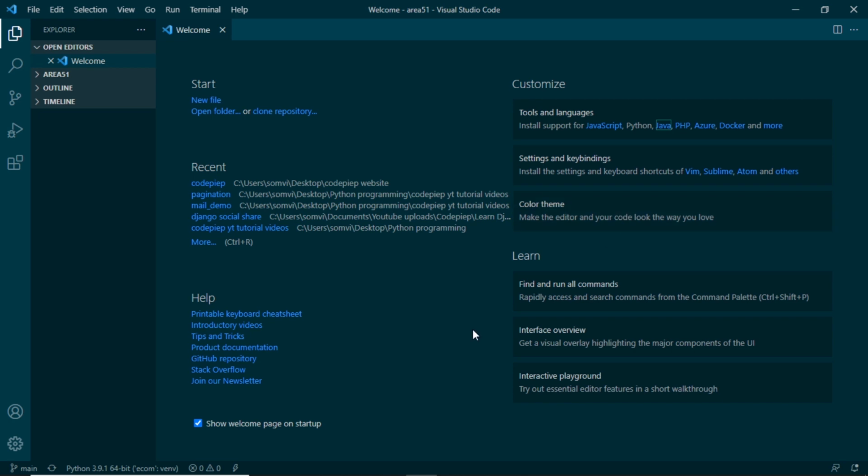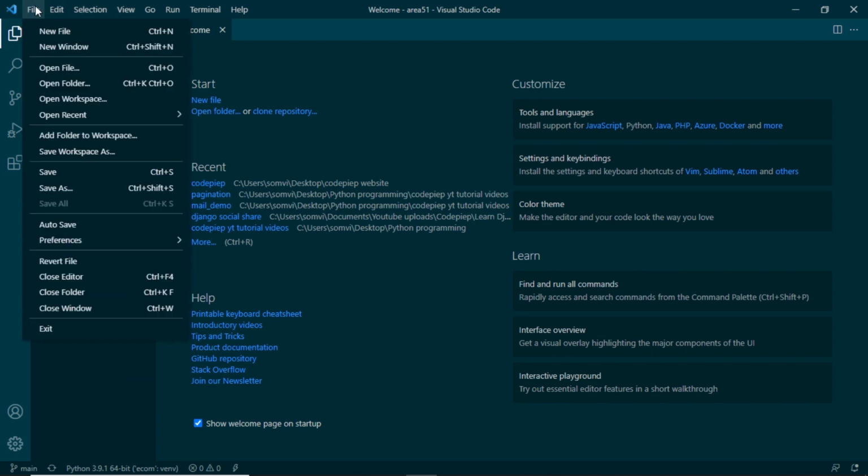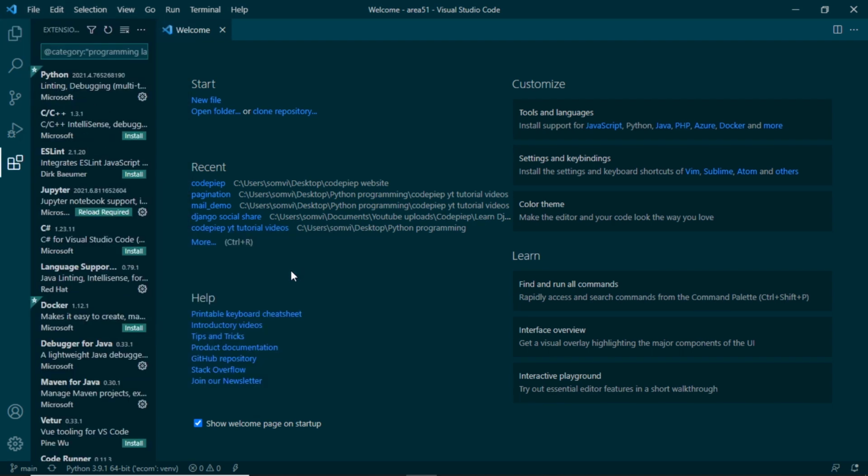Next thing we need to do is we need to install extensions. There are two ways of getting the extensions. First is clicking on this button, so it will give us a panel of extensions, and the next will be if we go on file, preferences, extensions. So this will give us all the extensions from VS Code. We can install some important libraries or extensions like Python, Django support, HTML, CSS, completion, kite, etc. But if you want to explore them, you can try and install all the extensions you want.